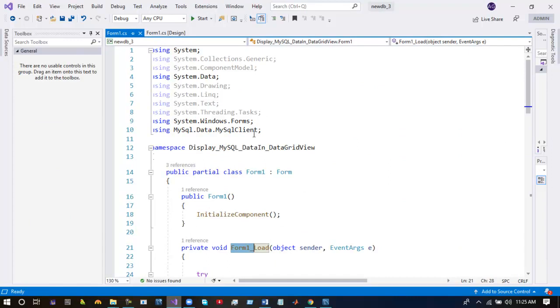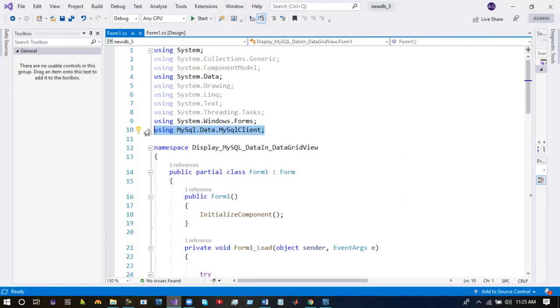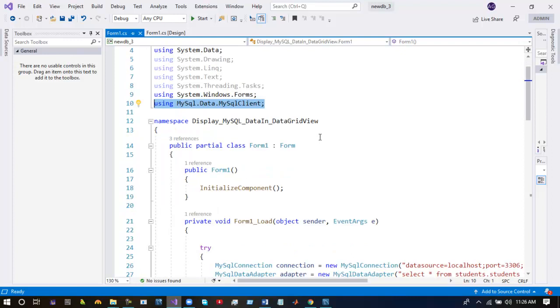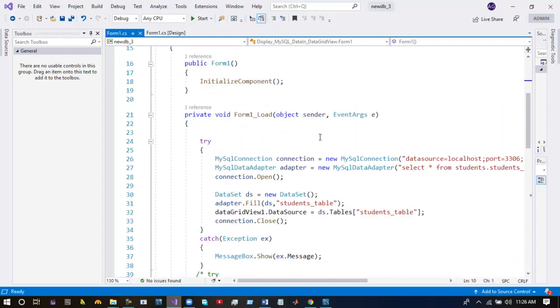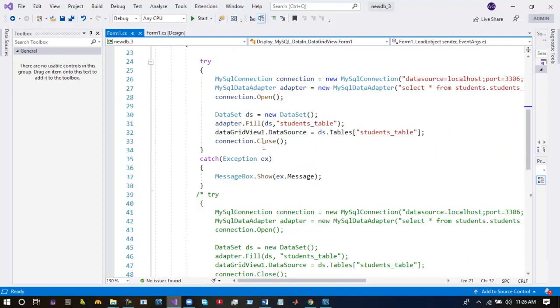As I told you, you can insert this namespace at the end of your namespaces, MySql.Data.MySqlClient, and you will write your code at the backend of the form. You need to double-click on the form and write these few lines of code.